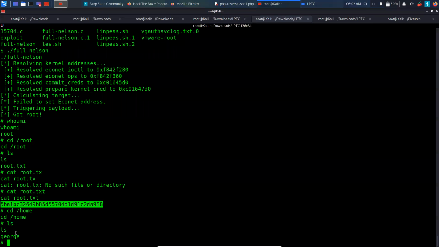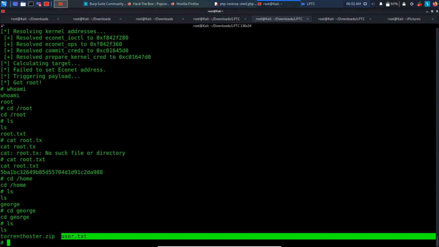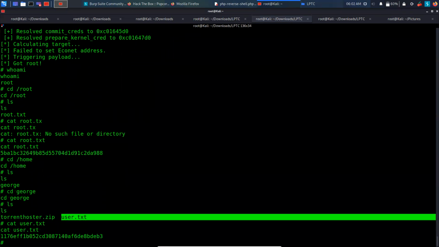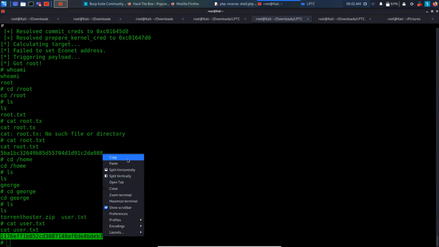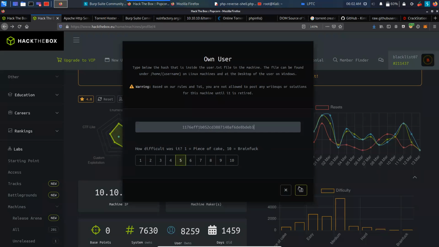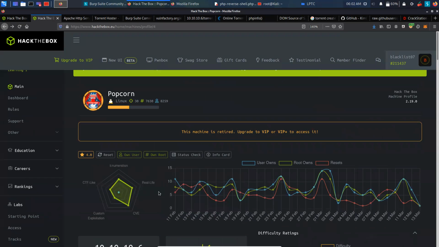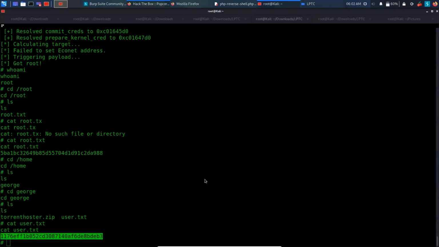The home directory has the list of users. Okay, there's one user, George. We can ls and we got to know even the user.txt. So we did it. The machine has now been rooted and we got root as well.